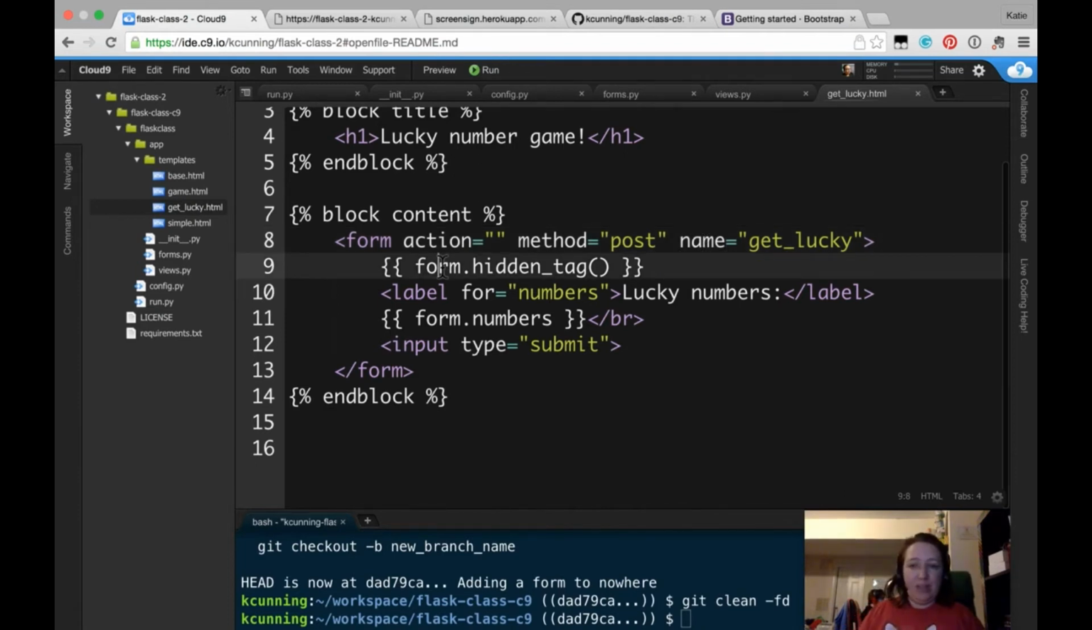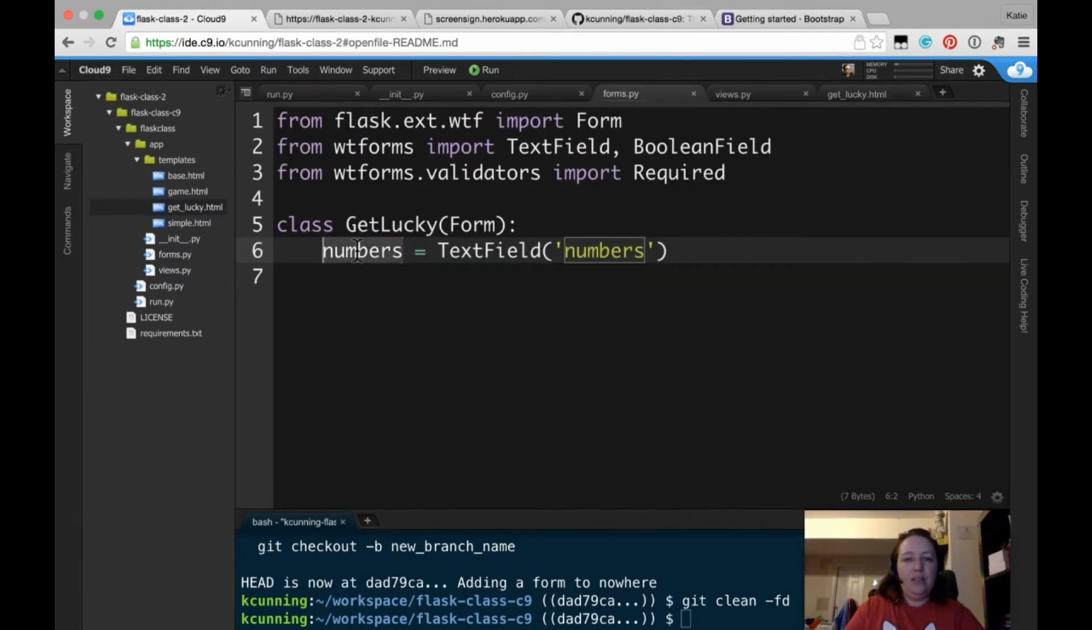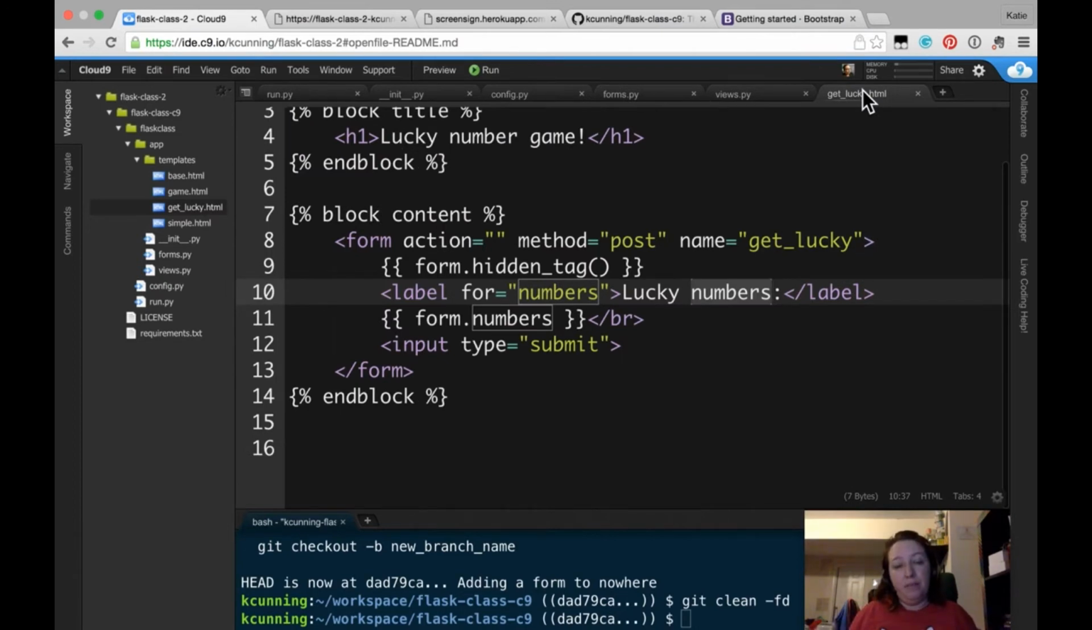Form.hidden tag, that's just the CSRF that's part of that. We have a label. This is our label, lucky numbers. Form.numbers, it says go get that thing off of form. So here it says go get this. And we need a submit button. Yes, it's a lot of stuff that we had to put in to get forms working. But this is all just kind of setup. So once we've done all the setup, it's actually going to be much easier to move forward and have the form do something. So let's run